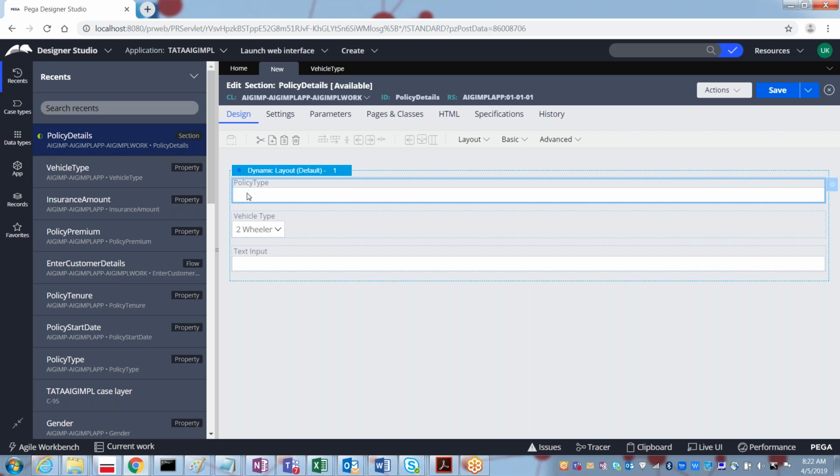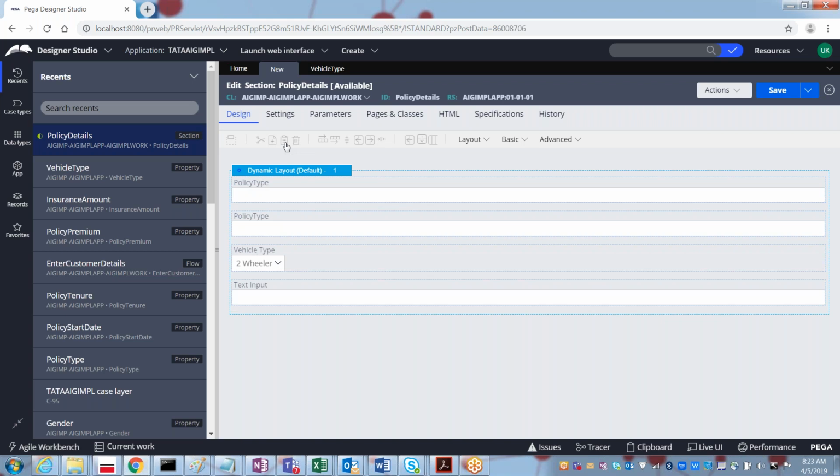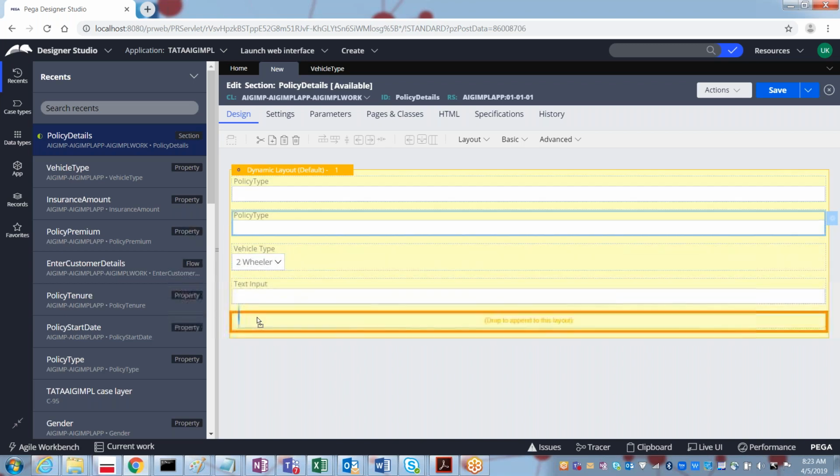So in the same way here also we can do that. I have selected copy, and then if you select paste, you are getting the duplicate things. But right now it is adding in the same location. In case you want to move any control, just select that control.